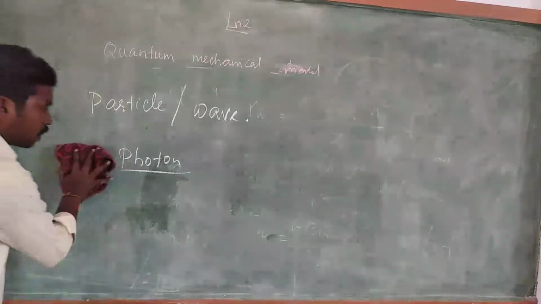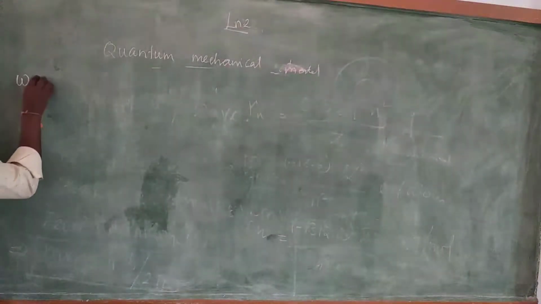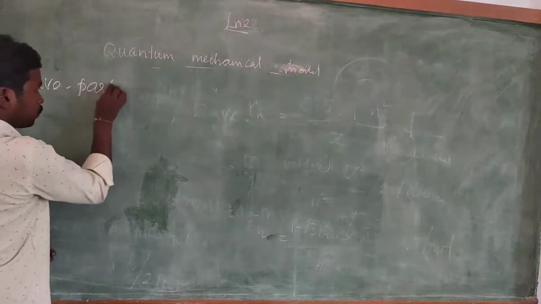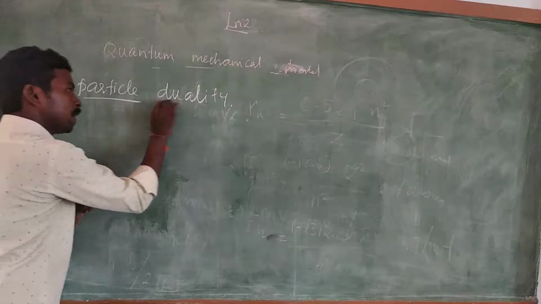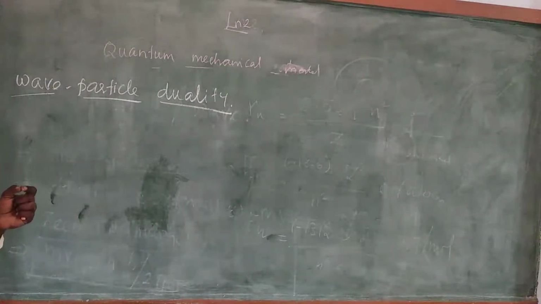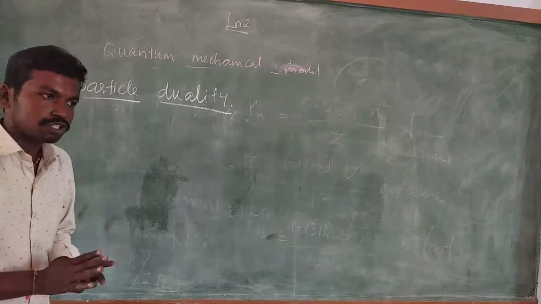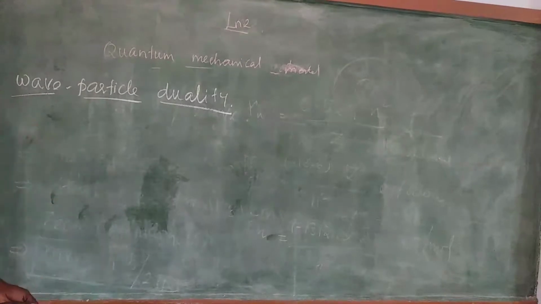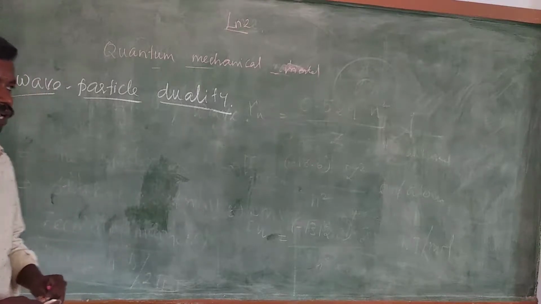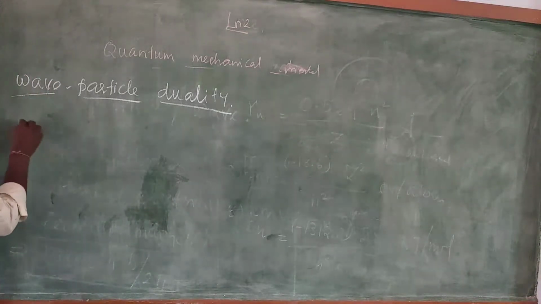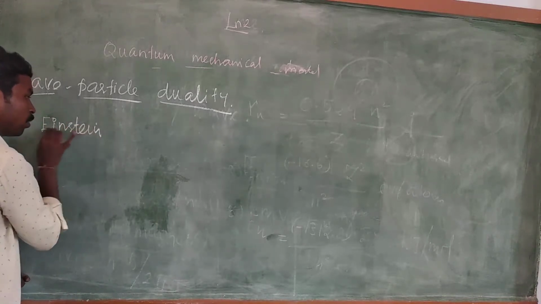So based on this, another concept we are going to see, that is wave particle duality. So what is wave particle duality? In our universe, it may be a small electron, proton, or a leaf, or stone, chalk piece, whatever it may be, all the materials are said to possess both characteristics. One is particle character and the other is wave character. So about that we are going to see now. Okay, so here we mix two concepts. The first one is by Einstein. Okay, according to Einstein,